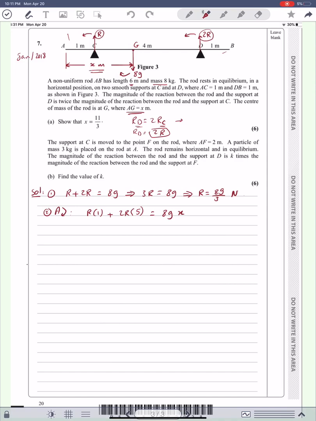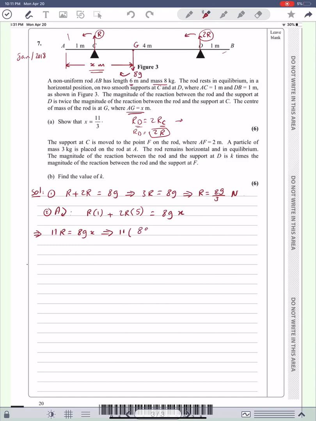So we have here what? 11R times 1 plus 10R. So we have 11R is equal to 8G times X. Let me just write it on the left for the space. 11R is equal to 8GX. This implies that by replacing R by its value,